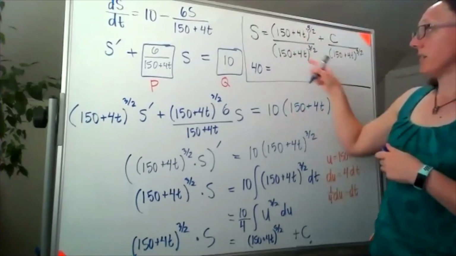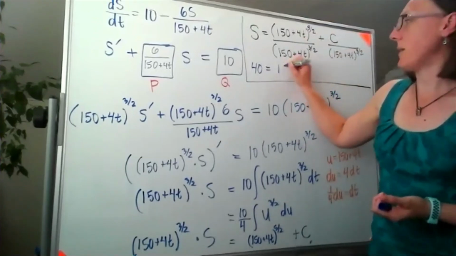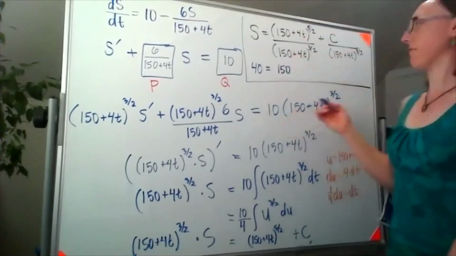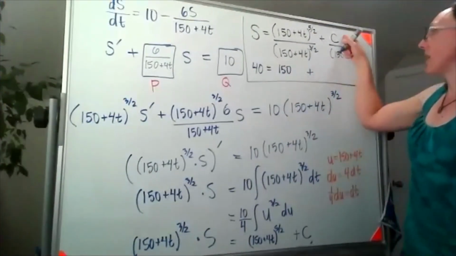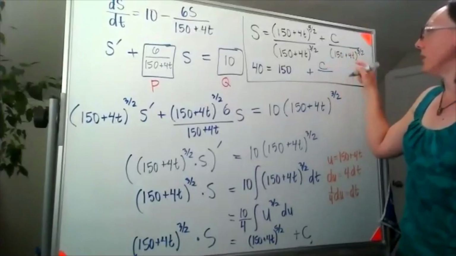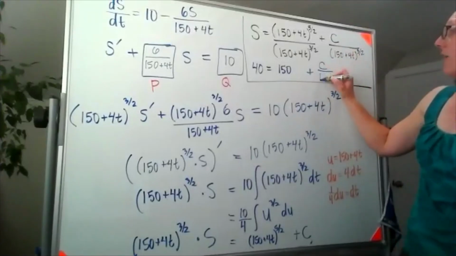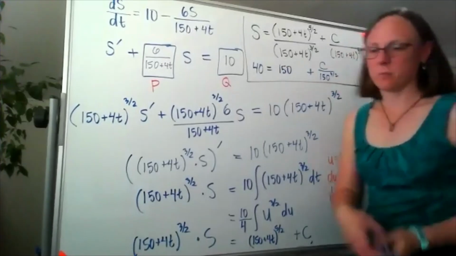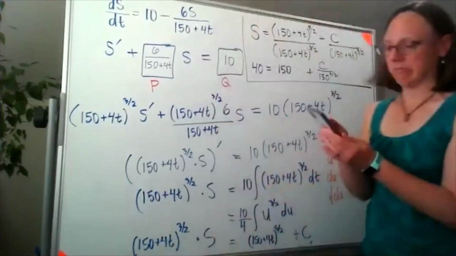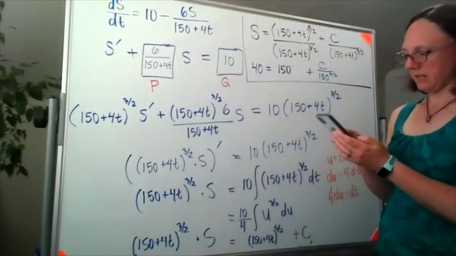I'm plugging in 0 for t, that would be 150. And then over here, I've got c over, plugging in 0 for t, I'd have 150 to the 3 halves power. I think I didn't give us a particularly nice number, but